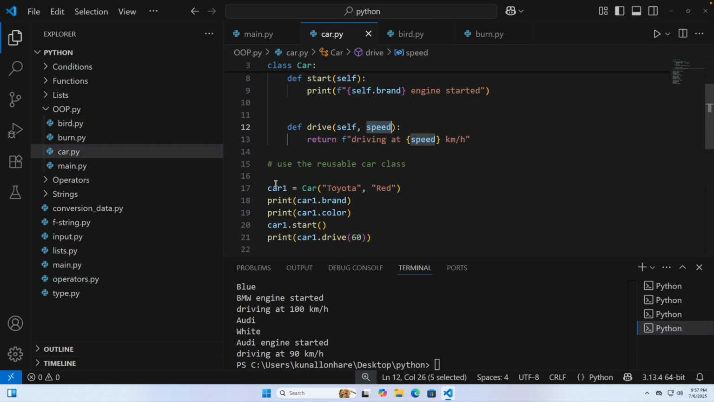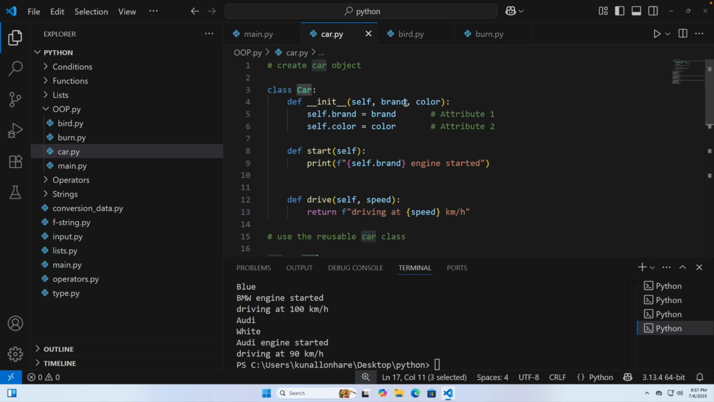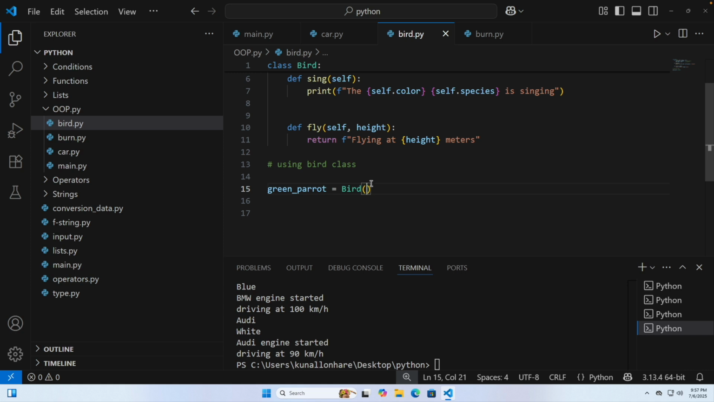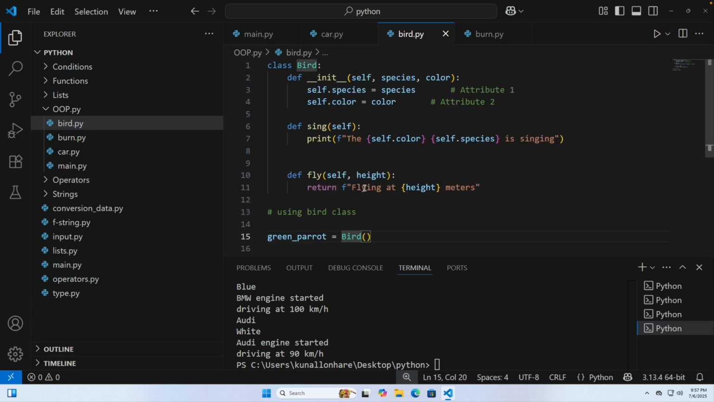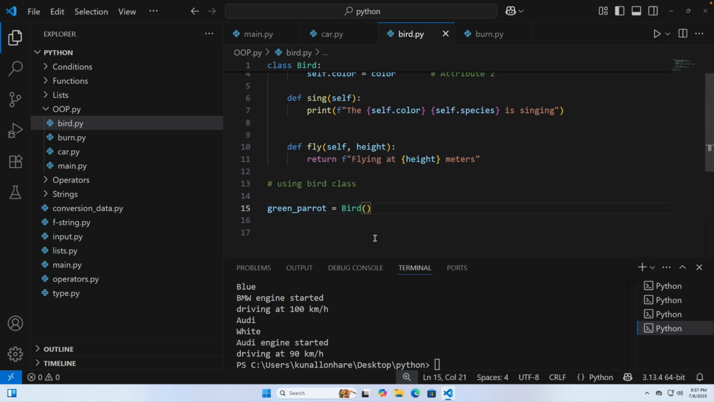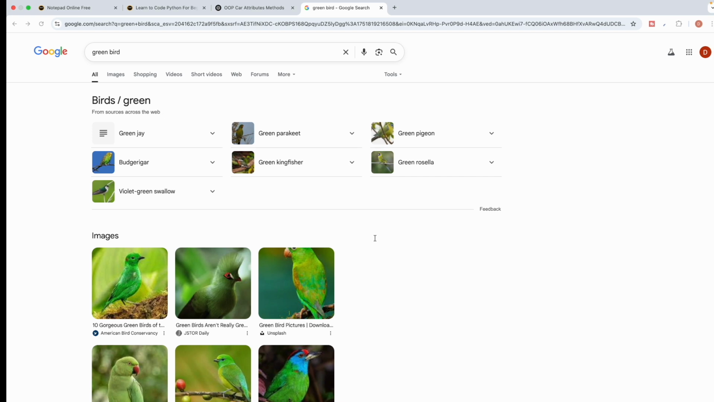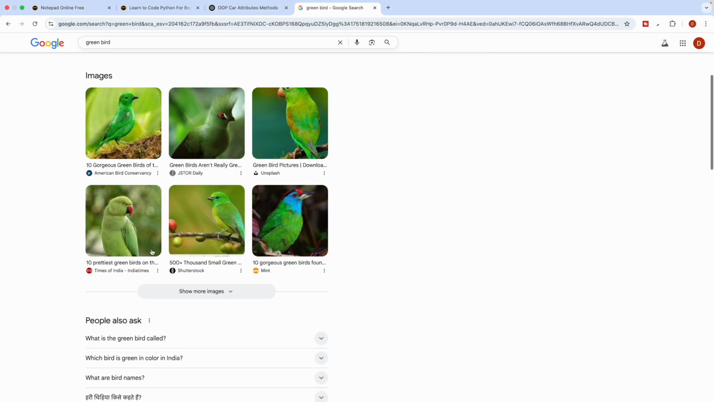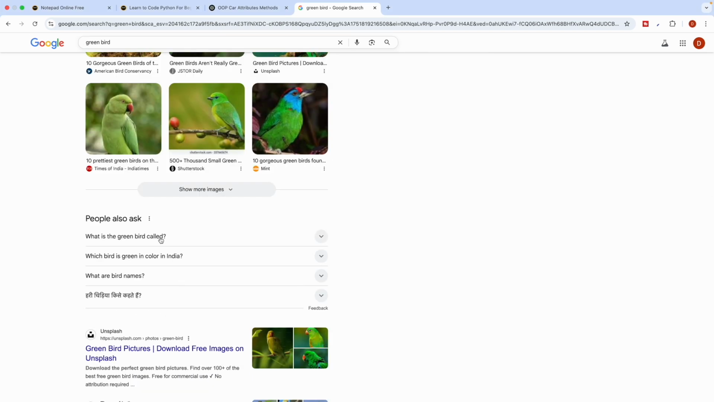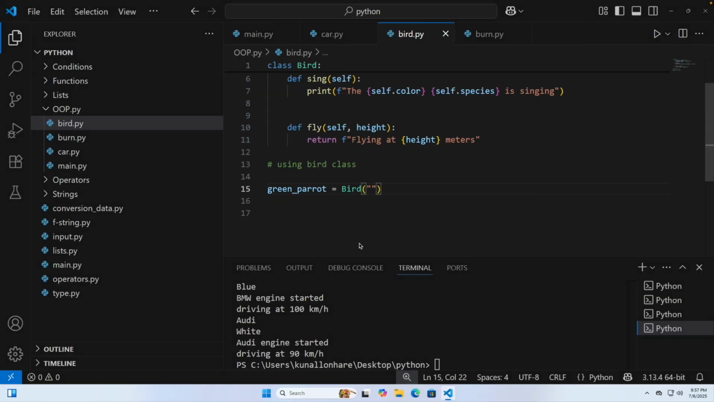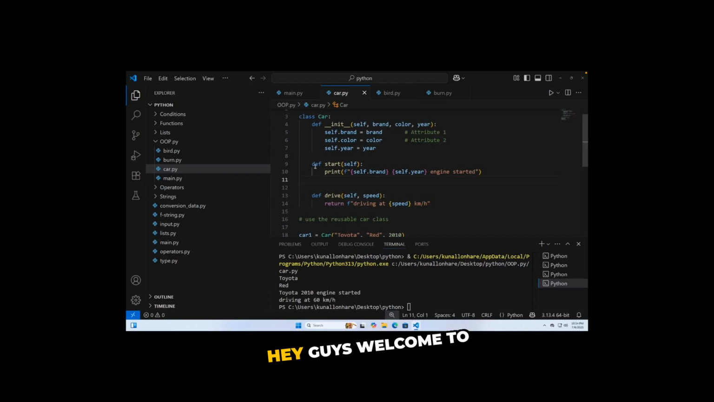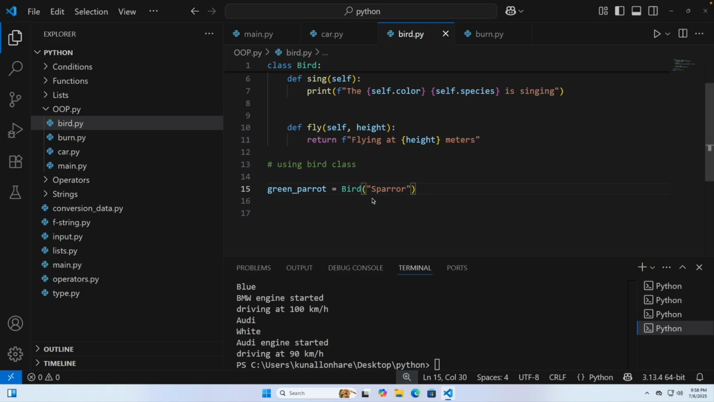Whatever car you have created, you call the class, and then you put the values here. Same thing I am going to do for the bird. Now what is the species of this bird and what is the color? So the bird species is, let's say, maybe sparrow, just for an example, I'm not that much of an expert in birds, comma,